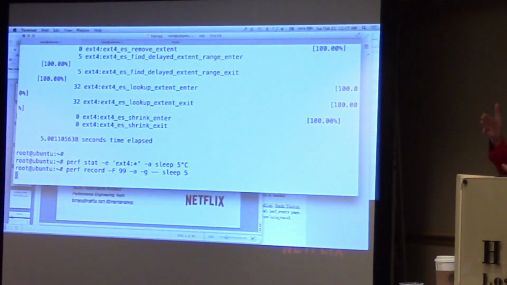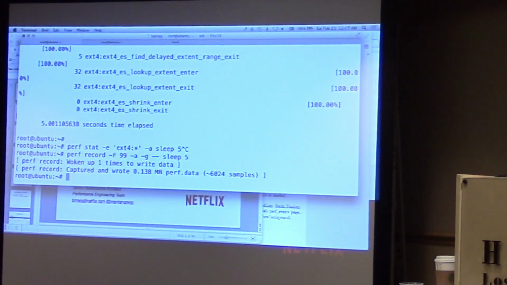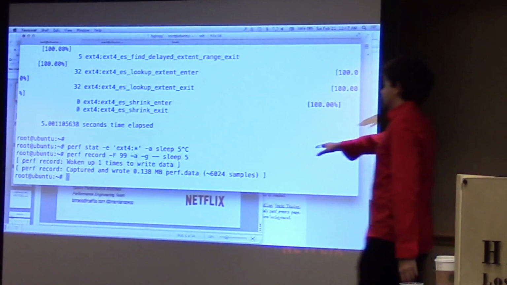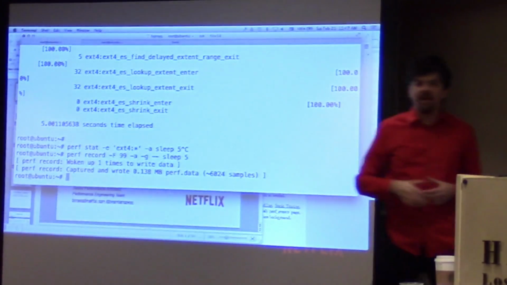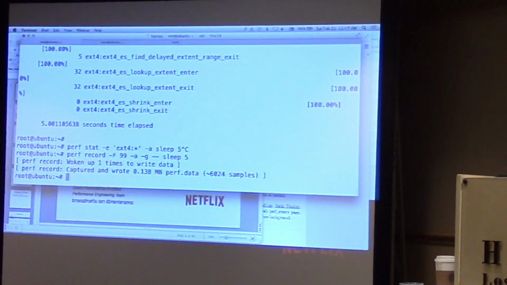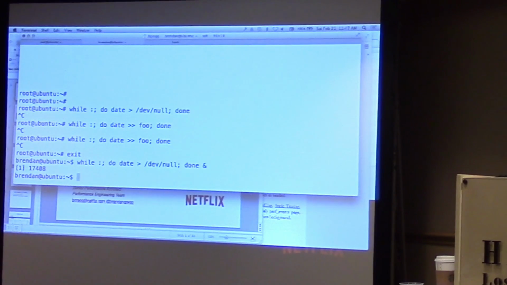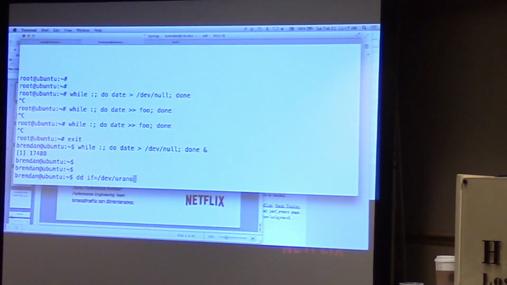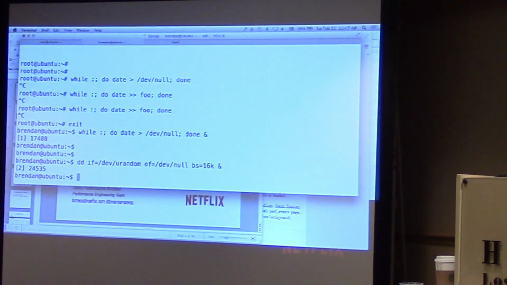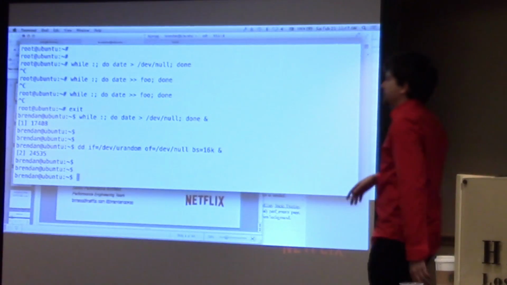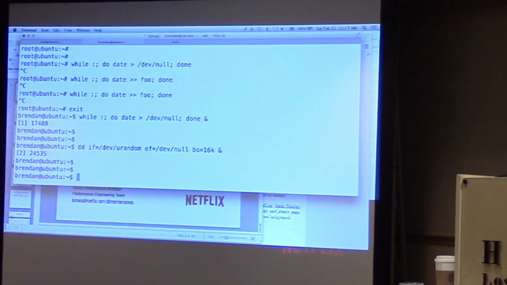With perf record, we are writing to a file called perf.data, and then I'll use commands to post-analyze that. Because my system's idle, I'll give it something to do. I'm just going to run date a lot. So I've got two things running: an infinite loop of dates and also dd from urandom. I thought of this like 10 seconds before the talk.